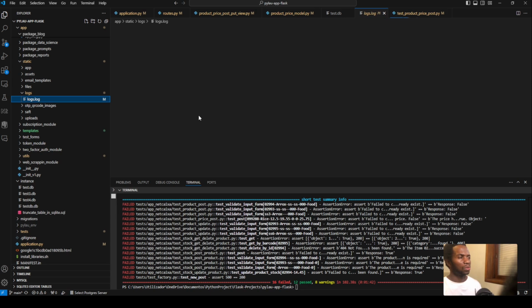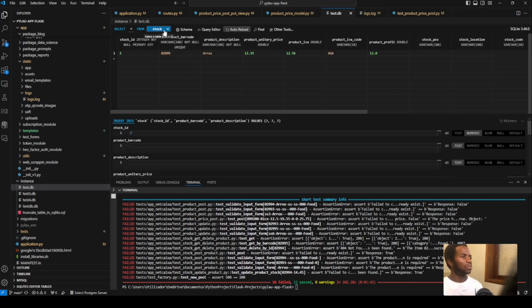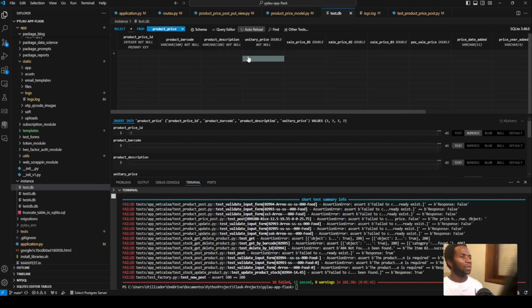Not true. Credit price, key integrity, unitary price, price, unitary price. Yeah. And you go back here to our product price here. We got unitary price, and we don't need